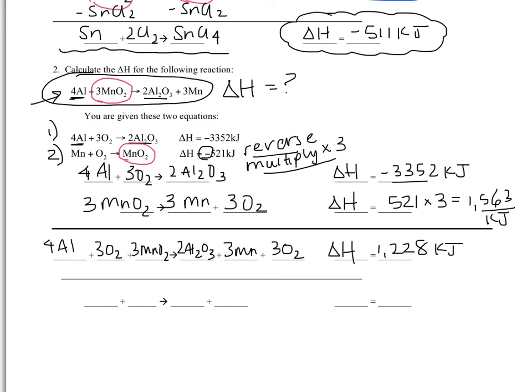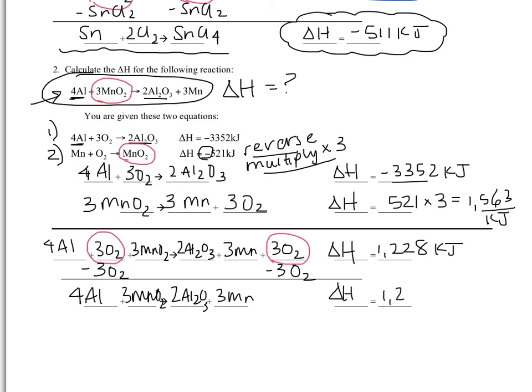Now, the last thing I'm going to do here before finalizing is to compare my left side versus my right side. And when I do that, I see that on the left I have 3 oxygens, and I also do on the right, which means that I'm going to need to subtract from both sides, just like this was an algebra problem. I don't have anything else in common on the left and the right side, so I'm going to finalize here. I have 4 aluminums, 3 MnO2s, 2 aluminum oxides, and 3 manganese, and my delta H is what I already calculated it to be,